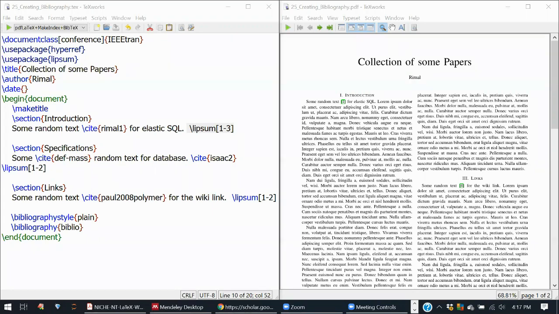Any more questions? So someone is asking, can there be a single sheet with all the comments?